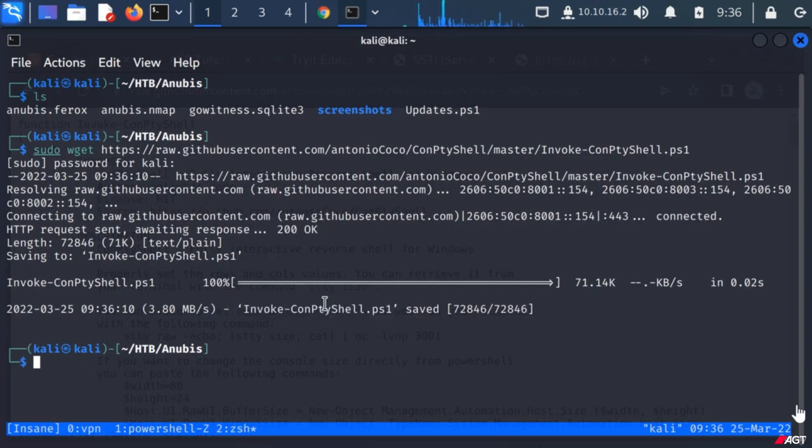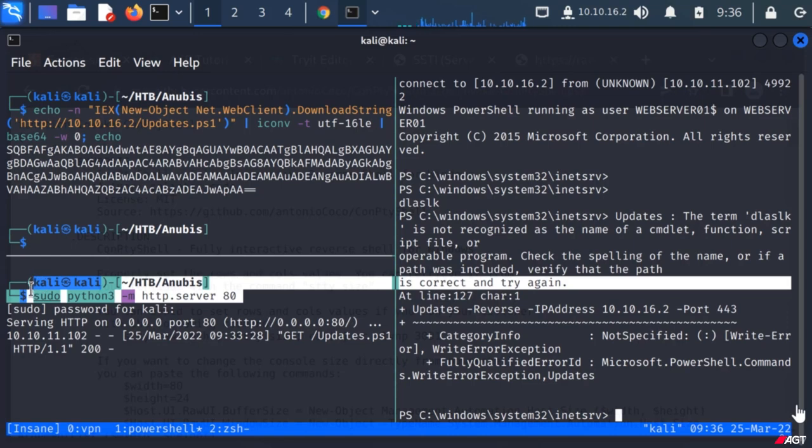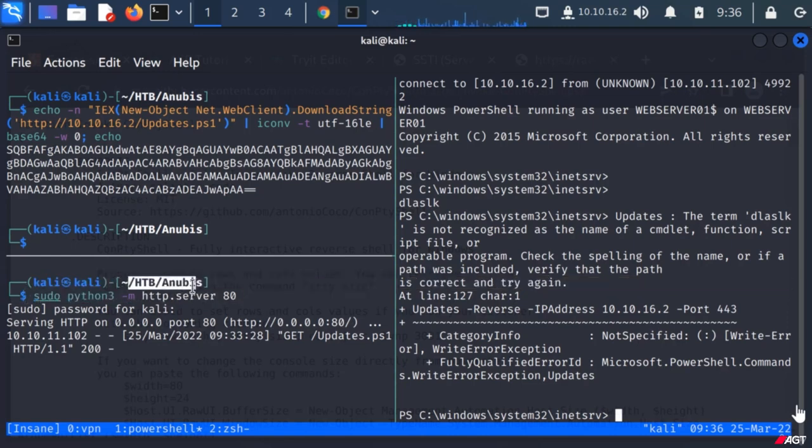And this happens to be the same folder that is the web root for our Python web server. You can see here it is serving pages out of the same folder that contains our ConPtyShell, which is important. Now, on the victim machine,